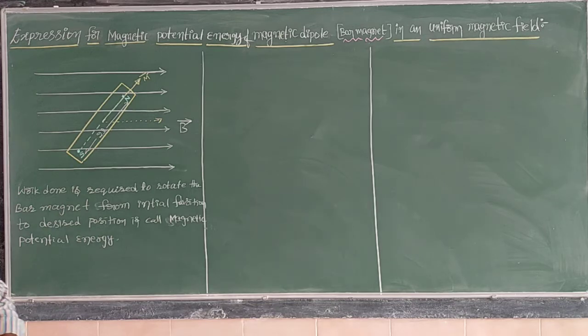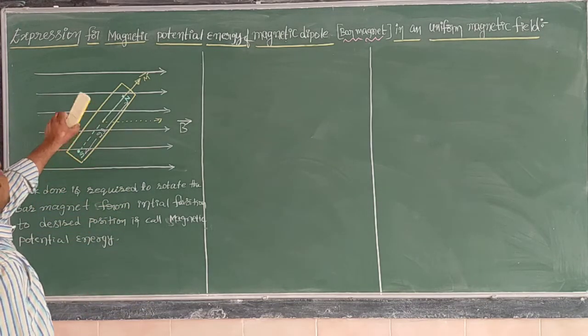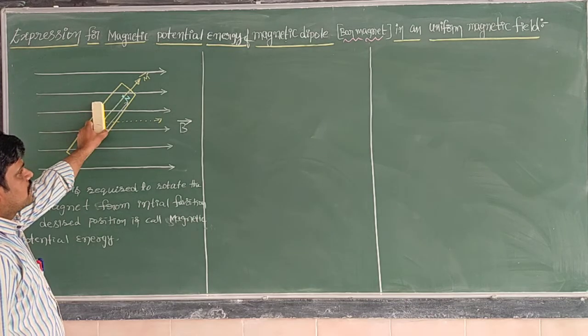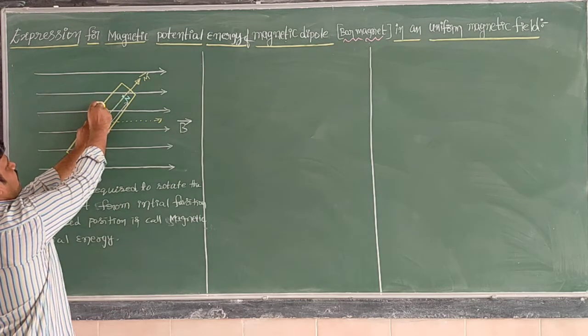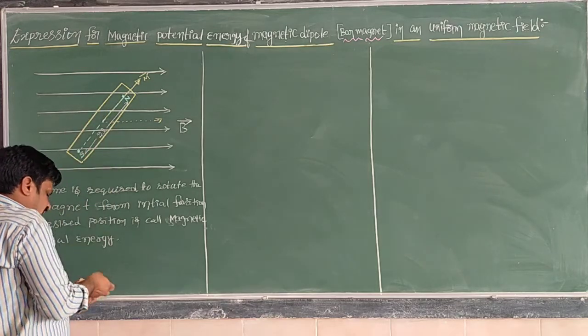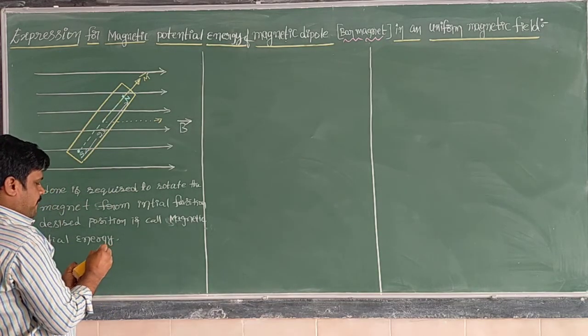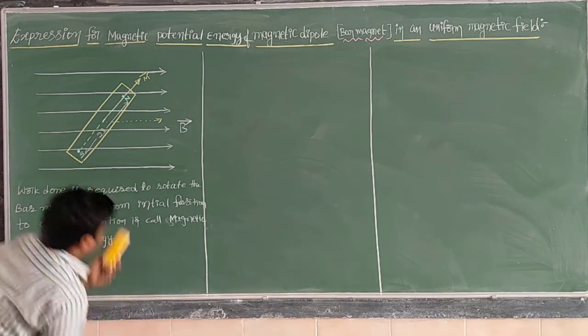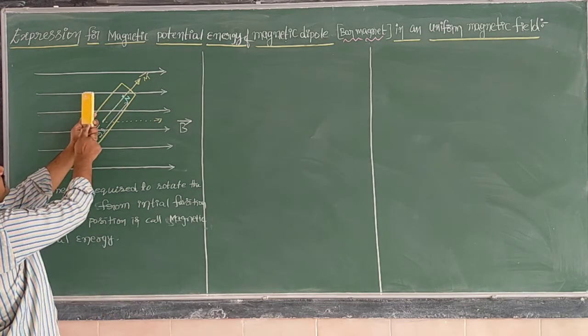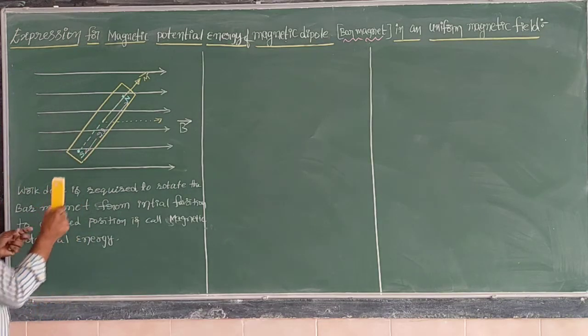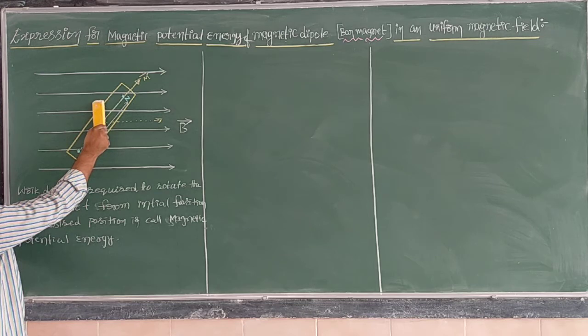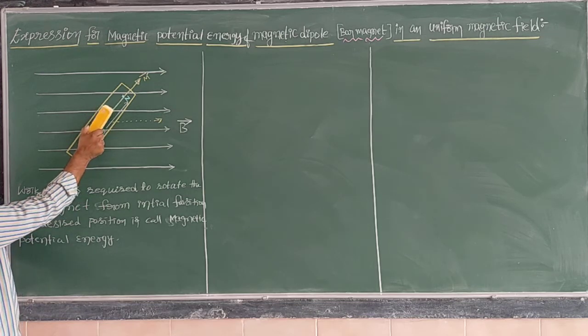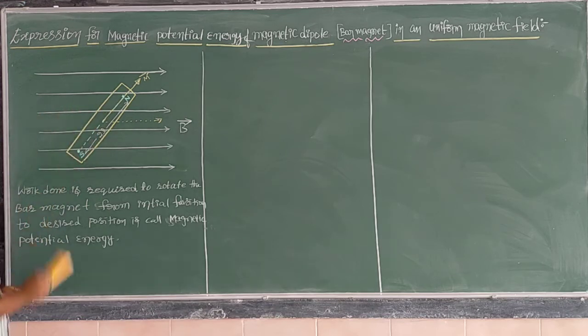Initially, the bar magnet is not like this. It is initially being like this. Now, this is the north pole of the bar magnet. Here you see, I am putting red to dark. So this one is the north pole of the bar magnet. This is the south pole of the bar magnet. When the bar magnet is placed in a uniform magnetic field, it experiences a torque. That means the bar magnet is rotated through some angle. That angle is said to be d theta.